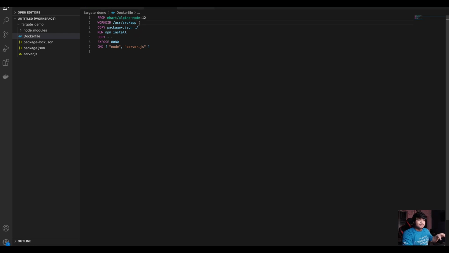Just a bit of explanation, though I know the session already explained it. Here this is the base image. We are creating a work directory where the files will be copied, and we are first copying the node packages and installing the dependencies, because the packages don't change that rapidly, but the code does. If we put this line on top, then every time any code changes, we would install the packages again and again. We don't want that, because the packages rarely change. So make sure the package copy is first. We install the packages using the npm install command, then copy the code, whatever code we have in this directory, and then expose port 8080, because in the application we are listening on that port.